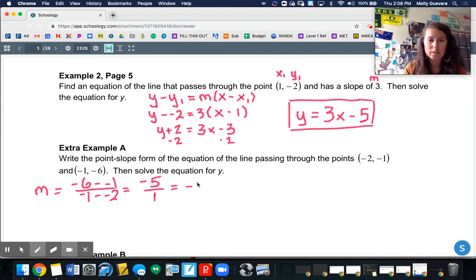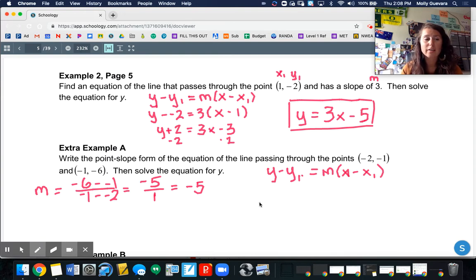And so we get a slope of -5. So now I do know a point and a slope. So now I'm able to use my point slope form. So y minus y1 equals m times x minus x1. Alrighty, there we go. Okay, and I can just start plugging things in, and then the question is, which point